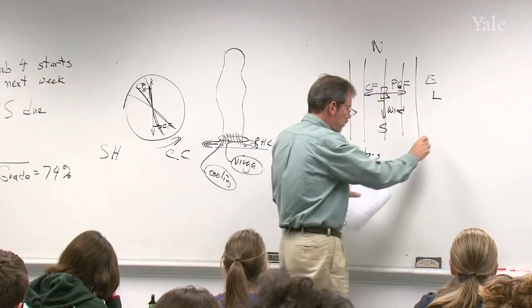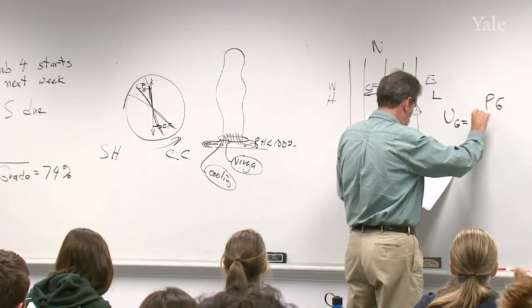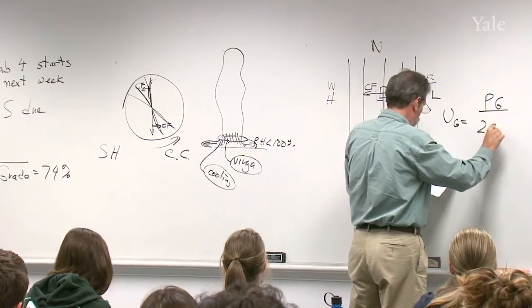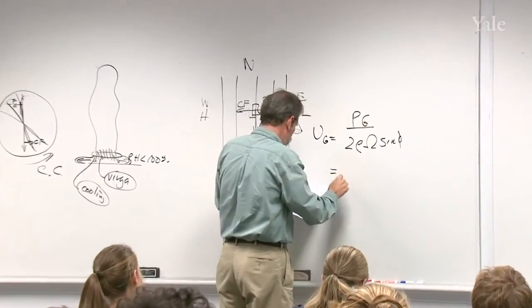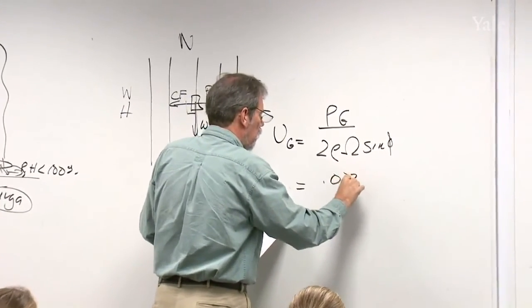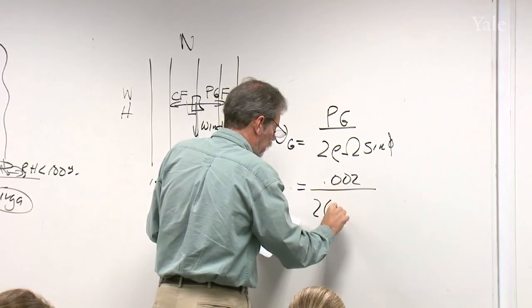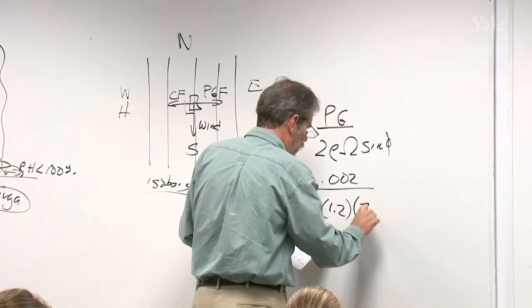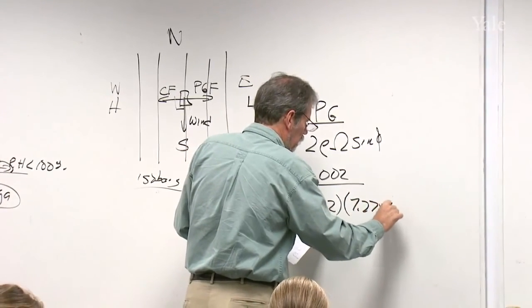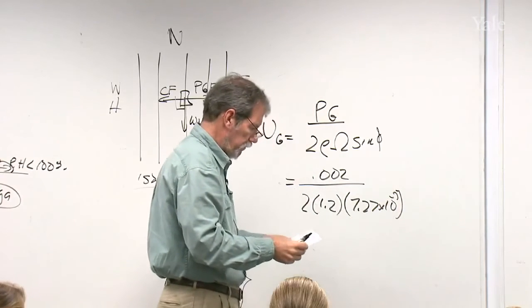Now, the magnitude of the geostrophic wind is given by the pressure gradient divided by 2 rho omega sine of the latitude. So let's put in some numbers from that. It's 0.002. The density of air at sea level is about 1.2 kilograms per cubic meter. The rotation rate of the Earth is 7.27 times 10 to the minus 7. And the sine of 45 degrees is about